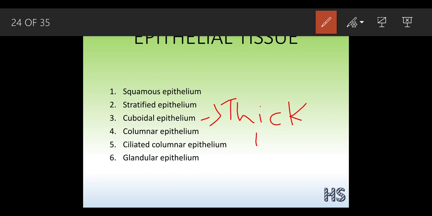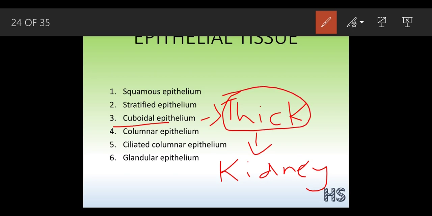The kidney is considered to be the filtering organ. Okay, so it has to excrete out a lot of waste. The kidneys help to purify our blood, and this happens many times in a day. So that is why the kidney should be made of cuboidal epithelium, because these tissues are quite thick in nature, which helps with the filtration, so that it protects the tissue from any damage.